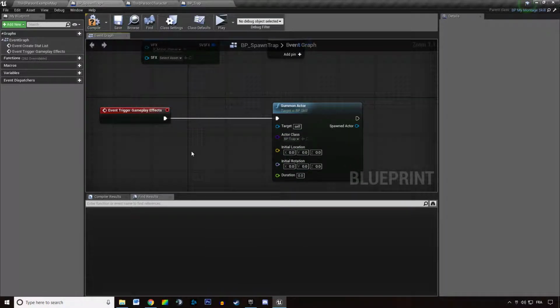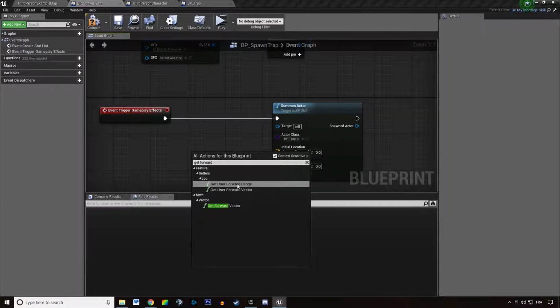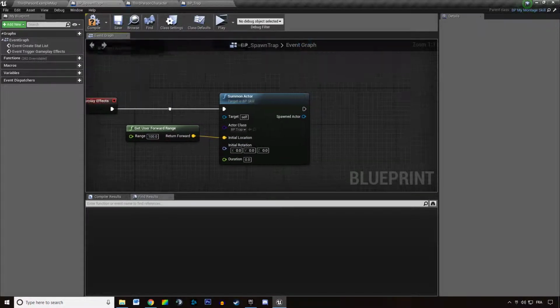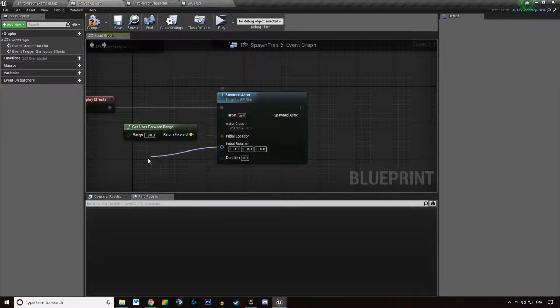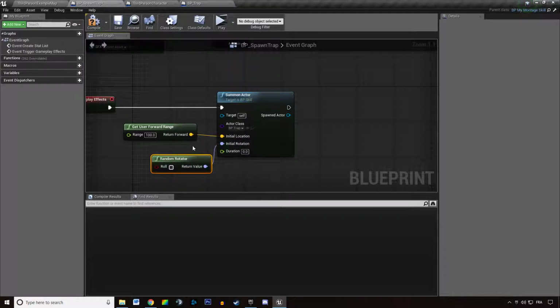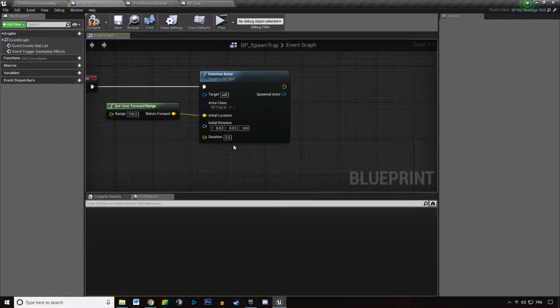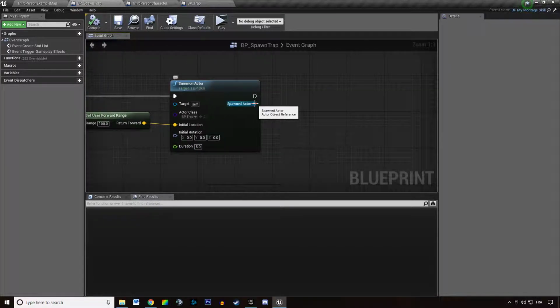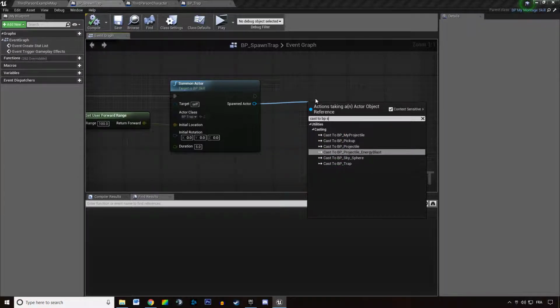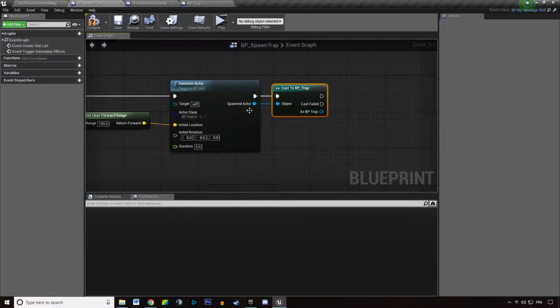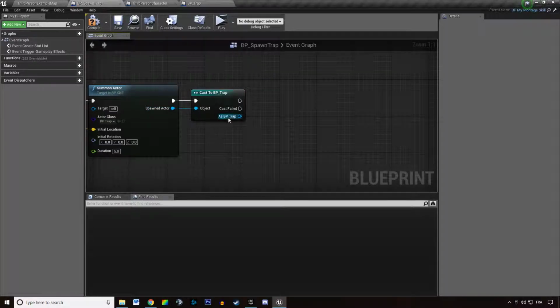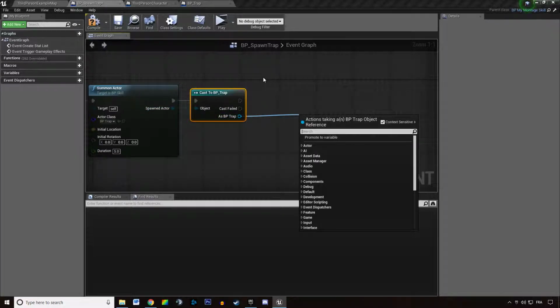Where do we want to create it? Just in front of us. Get forward range, like 100. Not random rotation. Duration, we're going to specify 5, for instance. Then we can cast this to BP trap. So this is the actor we just spawned. We know it is a trap, so we can cast the actor spawned into a trap, and we can say